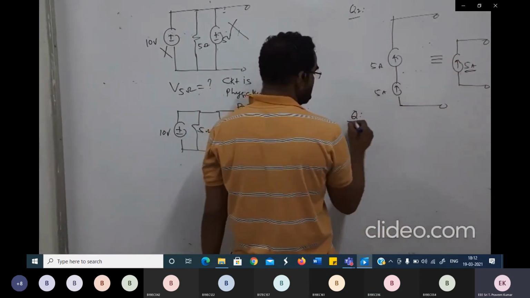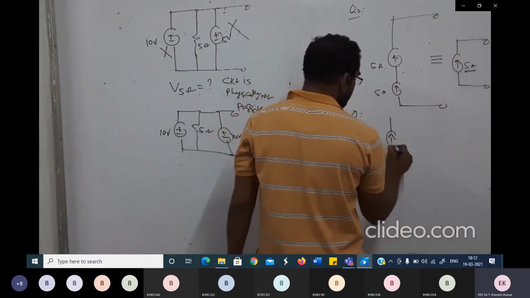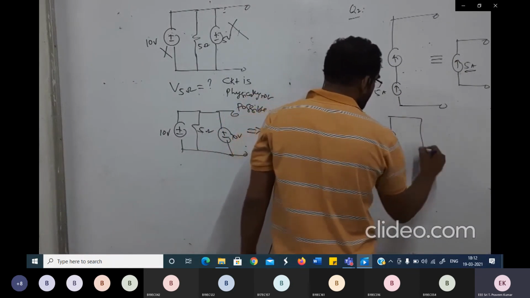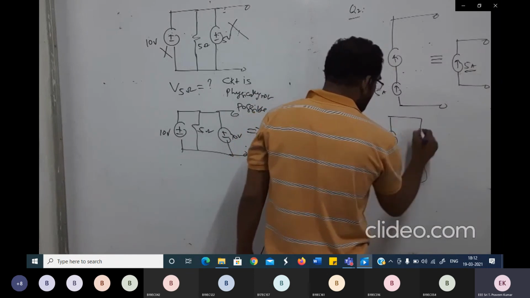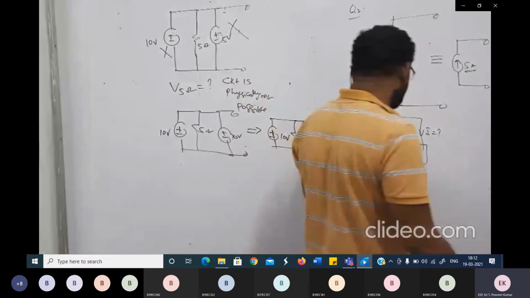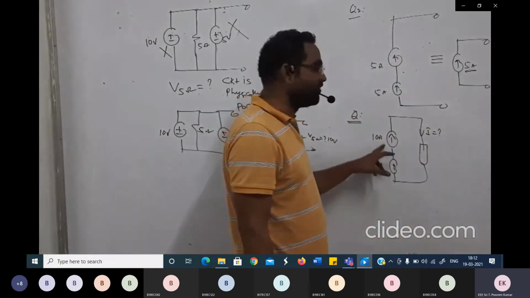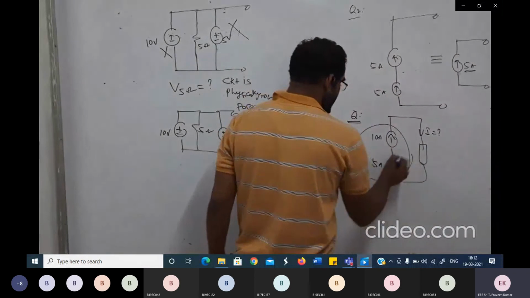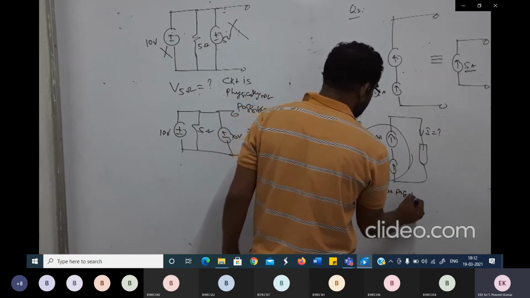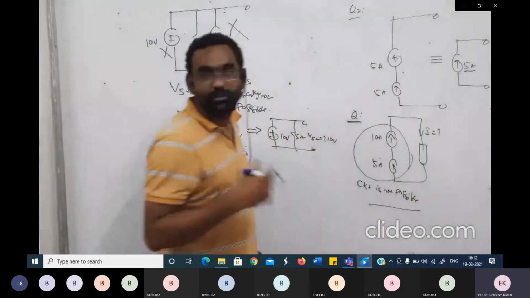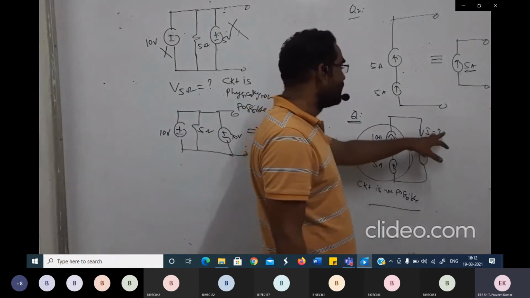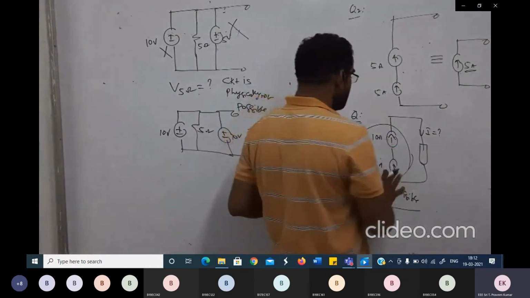Now the other question which is asked in competitive examination is like, now let us suppose this is a 10 ampere, this is a 5 ampere, and I have a load connected here. The question asks what is the current flowing through the load. So please keep it in mind when the sources are connected in series, it has to be of same value, right? So this type of circuit is not possible, because when both are connected in series, the current has to be same, but it should not be different. Because this is a different current source, this is a different current source, I cannot say what is the current flowing to this. So please keep this in mind.